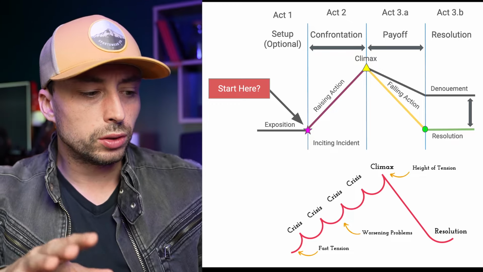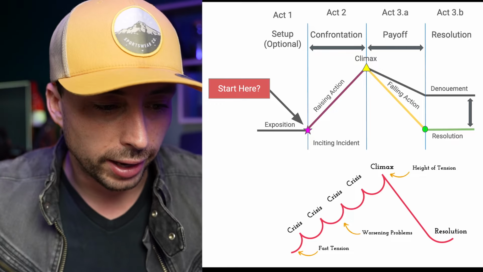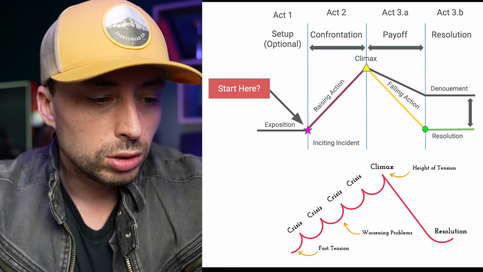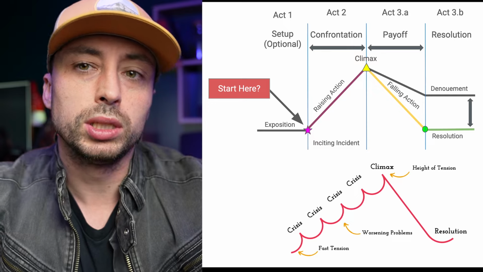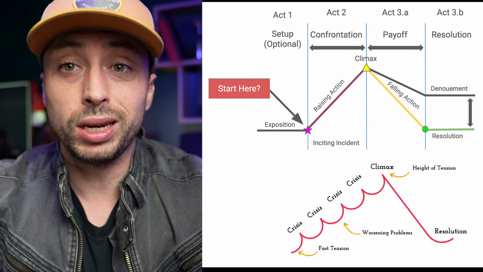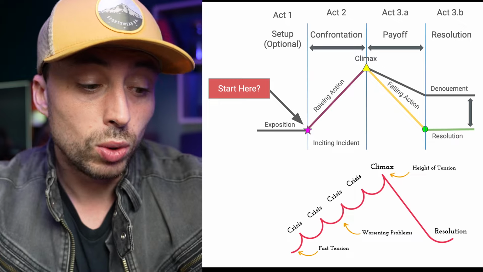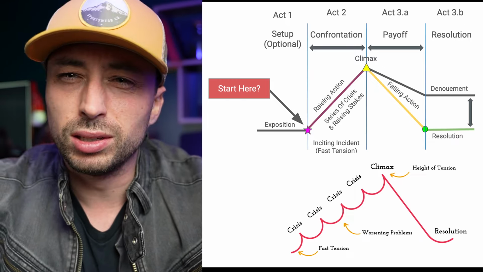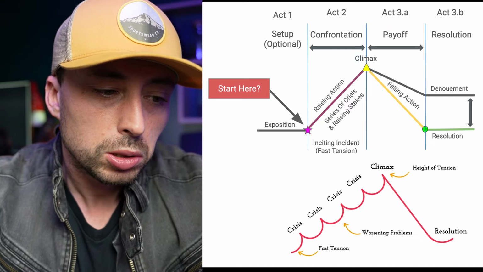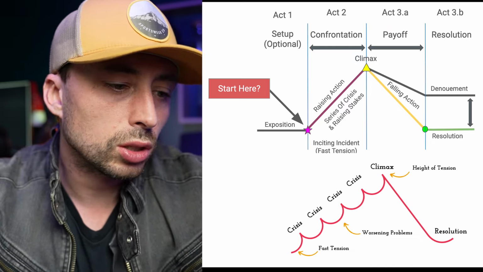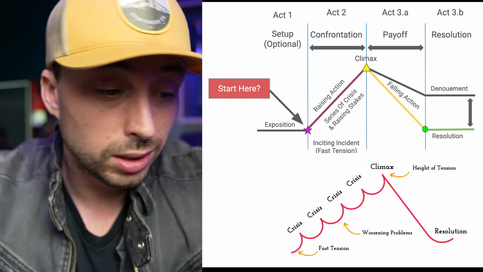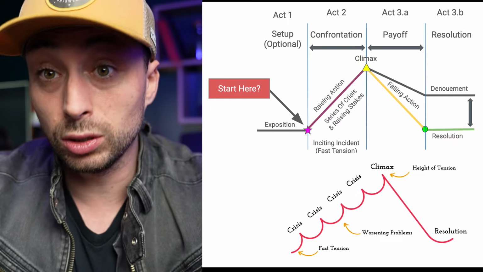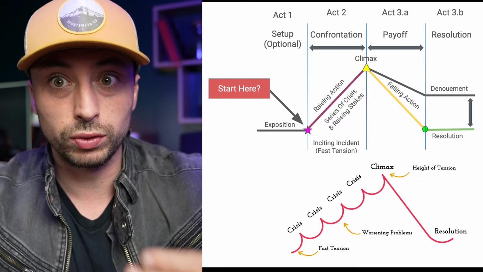Then the Freytag-style curve, I don't know how to say it, but anyway, this one is mainly the same as the one we just saw. The idea that this framework presents is that the rising action is mainly a succession of crises, of fast tension, where the problem is worsening. This doesn't add a lot to our framework, just let's state clearly that the rising action is a series of crises with rising stakes, and where at the beginning there is the inciting incident, which pushes the character into moving forward,